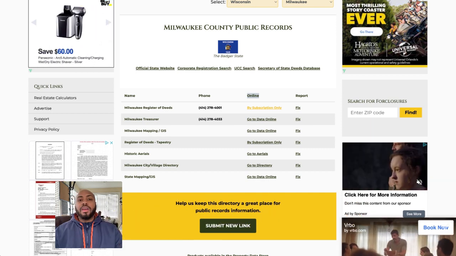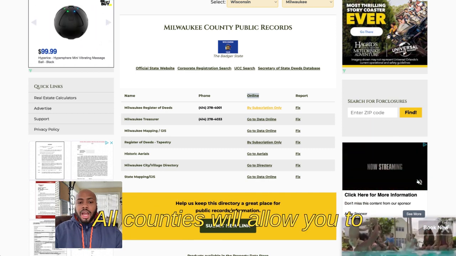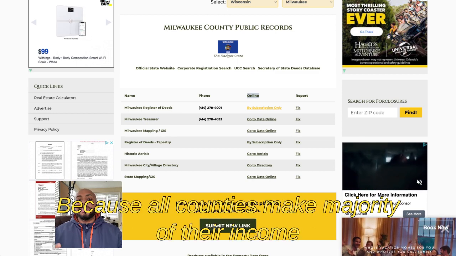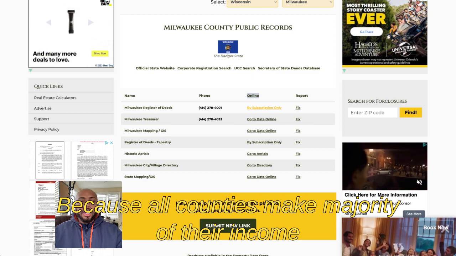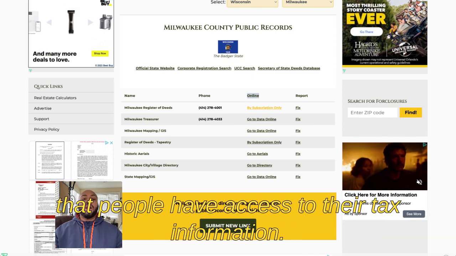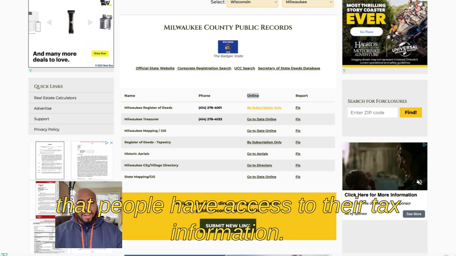You can relax. All counties will allow you to look at the tax information. Why is that? Because all counties make the majority of their income from taxes, and they need to make sure that people have access to their tax information.